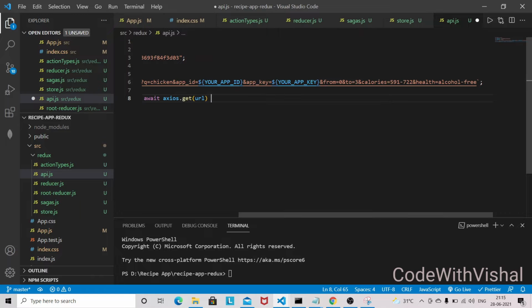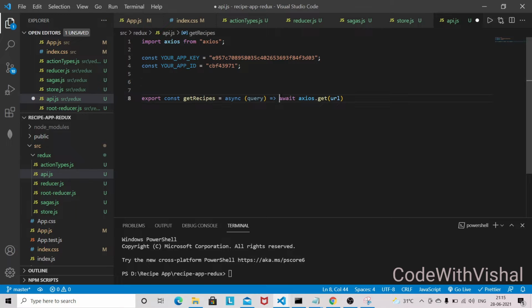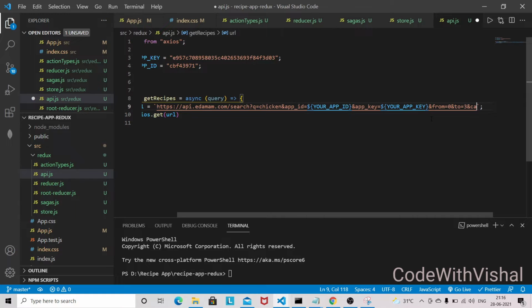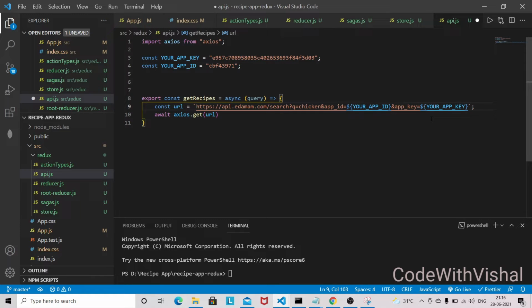In this URL, we cannot directly pass the URL. So what we are going to do, we are going to put it into the curly braces. So our URL will be here, and we don't need this part, so you have to remove this part up to this, and this query is going to go here.